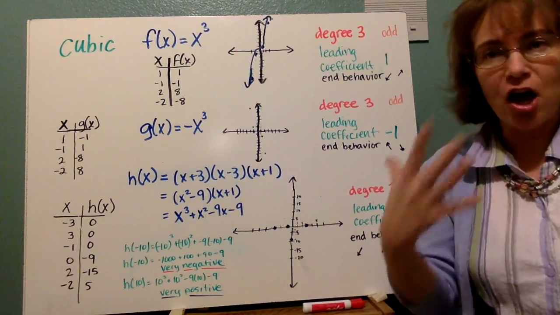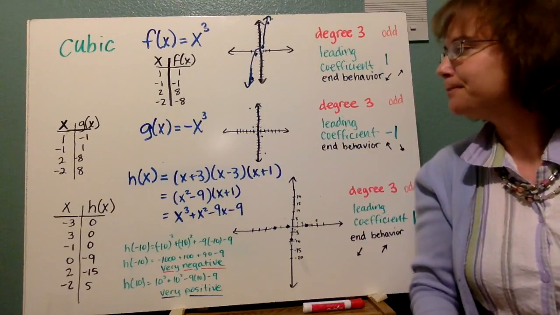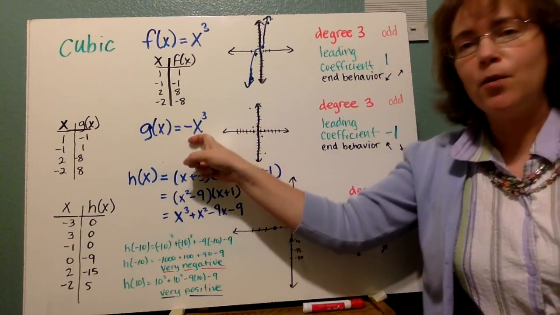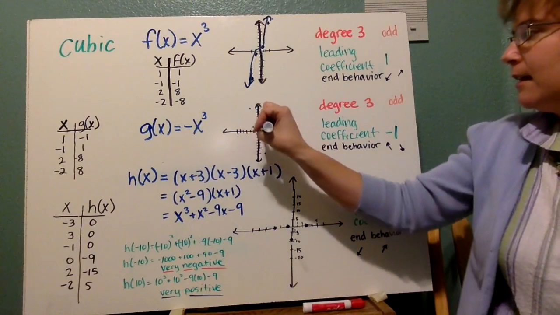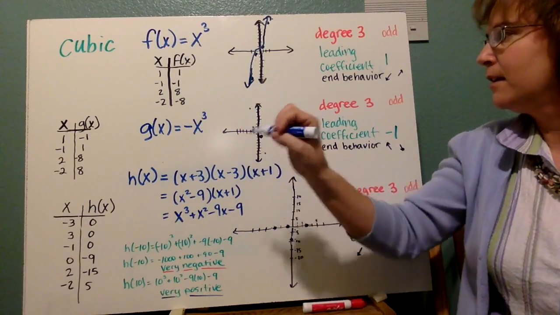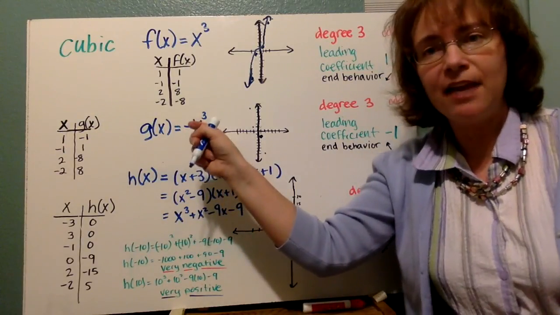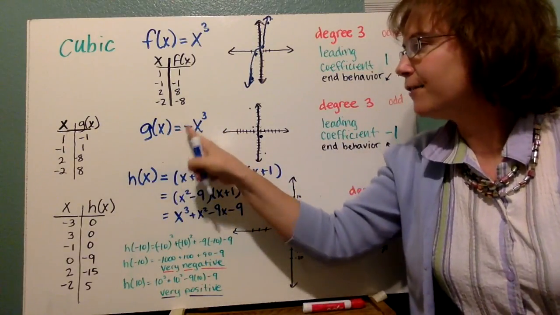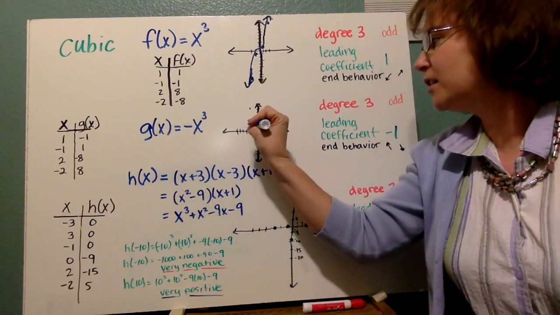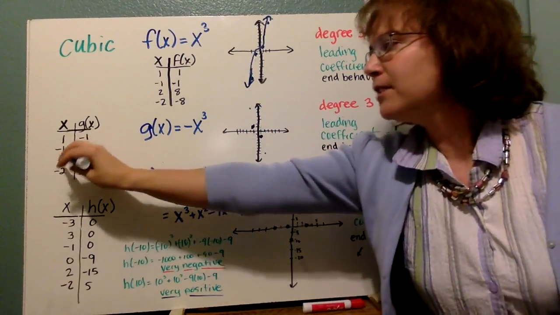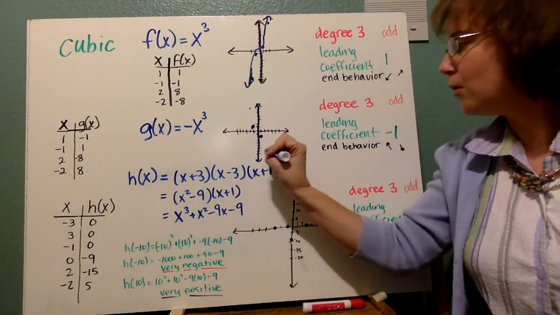That means we're taking the opposite of whatever x cubed is. So when we put a 1 in and we cube it, we get a 1, but then take the opposite, and we get a -1. Same with -1. Take a -1 cubed, get a -1, take the opposite of it because of the leading coefficient, and we get a positive value. So if we do the same thing with 2 and -2,